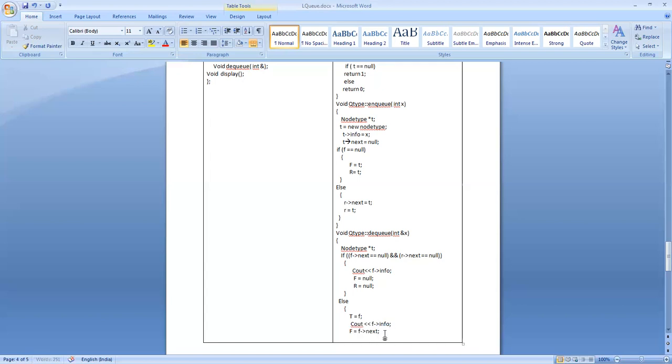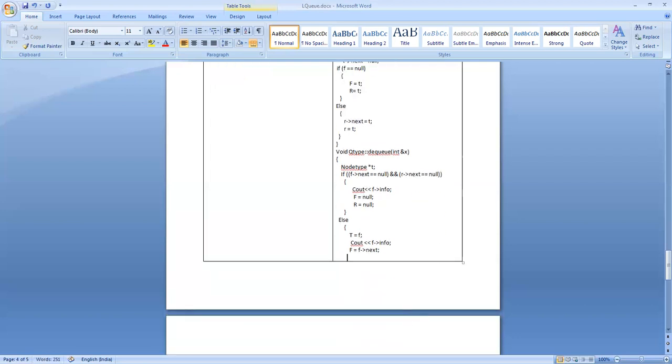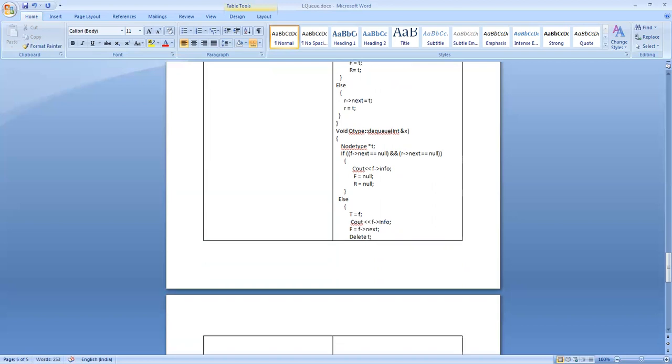Then front is equal to front reference next, then delete t.